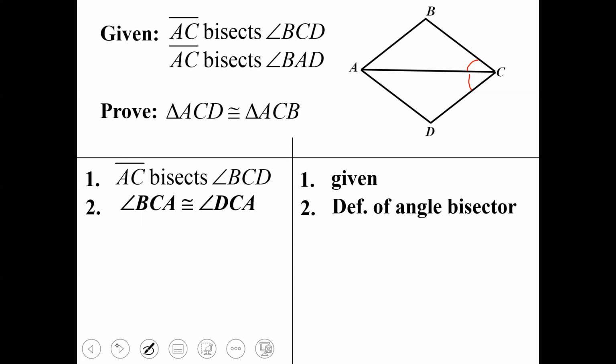Y'all, an angle bisector is just gonna take an angle and cut it into two equal pieces, okay? Y'all, what's our third statement? Good. Oh, it just came up late. Okay. Good. Your third statement is side AC bisects angle